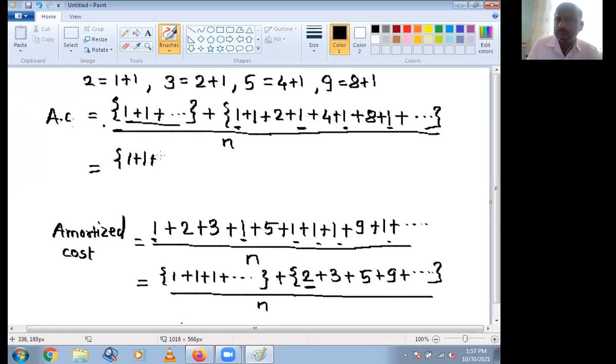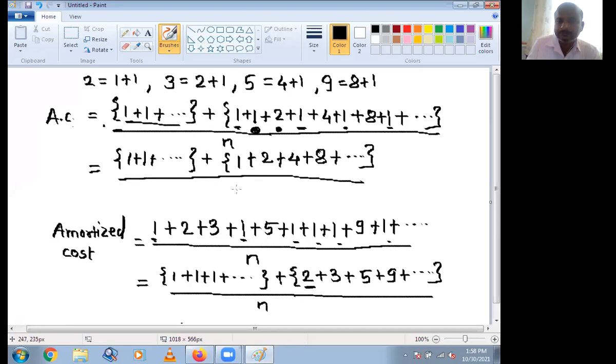Then 1 plus 1 plus up to this, plus here we can write 1, this is the remaining one, plus 2 plus 4 plus 8 plus dot dot dot, all divided by n. Are you getting up to this?